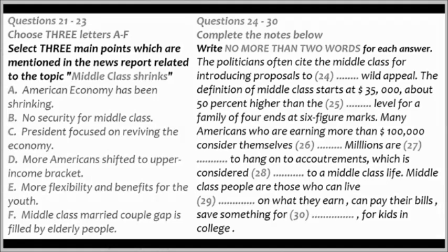Although many Americans in households making more than $100,000 consider themselves middle class, particularly those living in expensive regions like the Northeast and Pacific Coast, they have substantially more money than most people. However, the lines are drawn, it is clear that millions are struggling to hang on to accoutrements that most experts consider essential to a middle-class